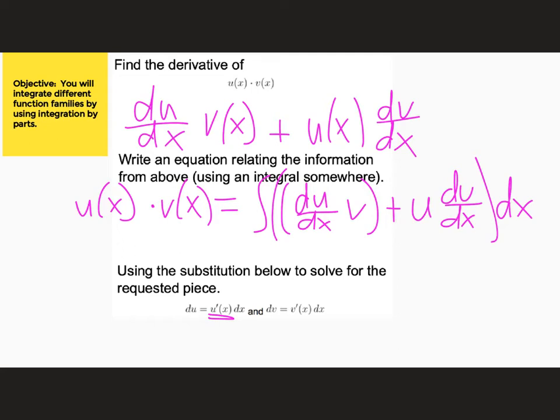And then use the substitution below to solve for the requested piece. du is u prime x dx. So if I think of this as not du dx, but just du, so that's just du and just dv. I'm going to write it in a weird order there, and I'm just going to roll with it. So what I have